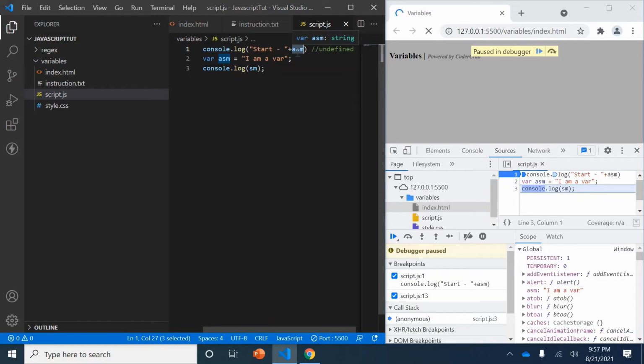That means it had an undefined value inside it, which we are going to face in a later phase. But there is a variable named asm, and it was under the global.